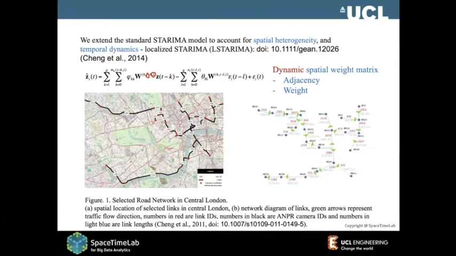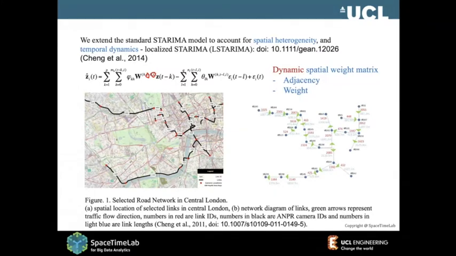So what does it mean? Dynamic. So what does dynamic mean? Two things. First, it's changing with the location. That means spatial heterogeneity. And changing with the time is the temporal dynamics. So this dynamics can include even the adjacency itself. When it's highly congested, your spatial adjacency can be less. But when it's very smooth, the flow upstream, downstream can go a very long way. So of course, so is the weight, okay?